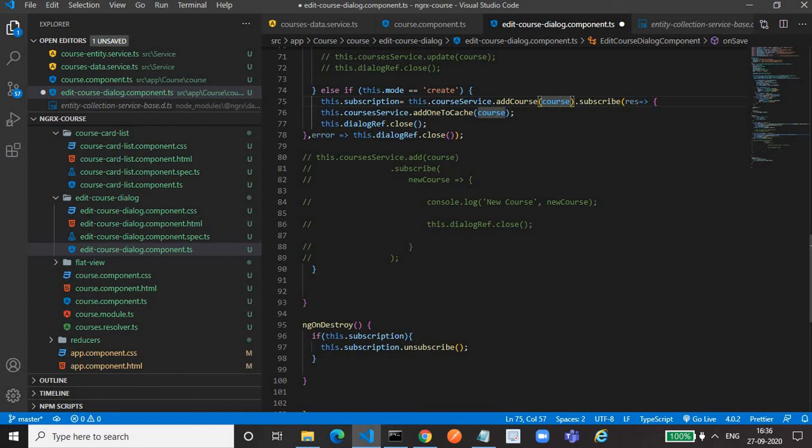It is not necessary that it should be an entity, but when overriding, we have to pass only the entity payload. We could not add anything other than entity. That's the restriction. That's why I prefer to call my own service. Once it gets successful, then I call my add one to cache method, which is available in the entity service, for adding the course to the store.